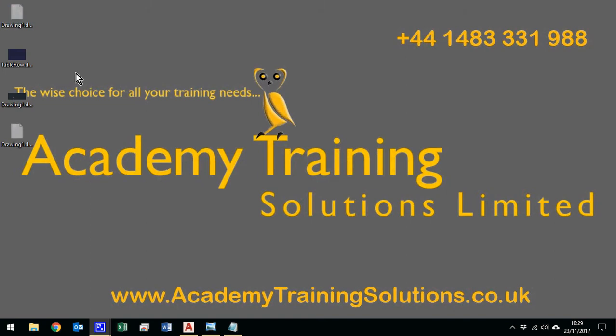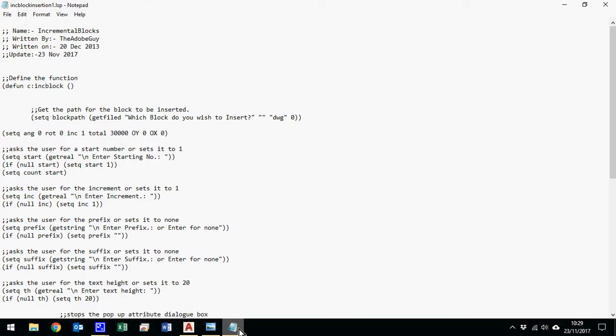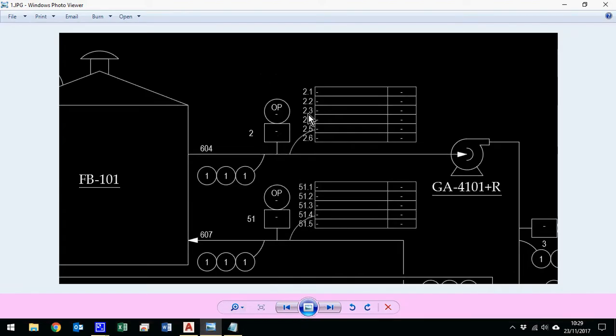Hi, me again. Today we're going to have a quick look at an AutoCAD routine. Again, this is one that I had written a while ago. I've just updated it, and I'll explain a couple of things that may go wrong with the routine. And the thing that prompted me to do this was a question I had from someone called Andrew, and he